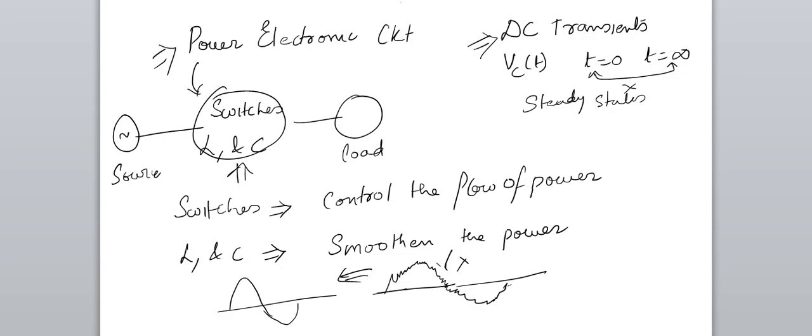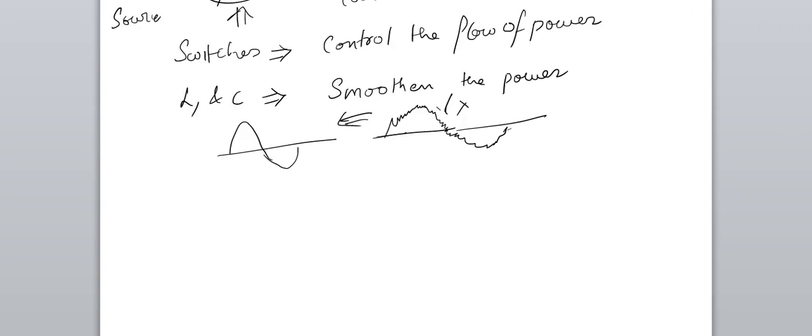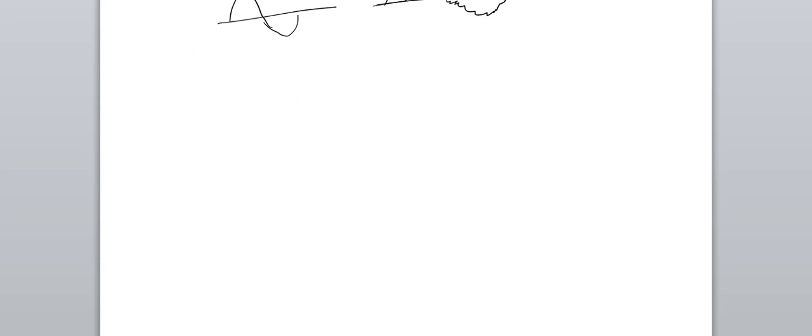So today we will be discussing more on switches, what these switches do and how we can differentiate them. Now, practically speaking, if there is a source and there is a load and you are connecting a switch here, what does a switch do? A switch can be on or off.